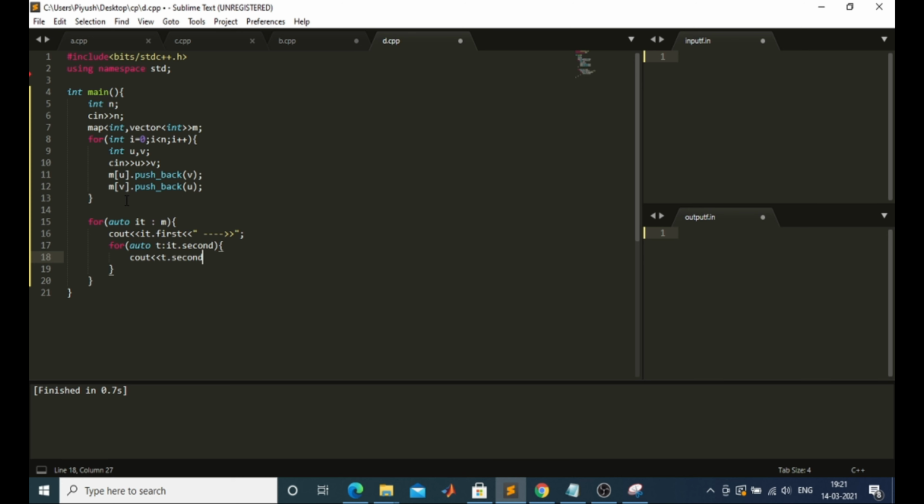Okay, and after each line we will give a break, cout endl, let's see whether it will work fine or not.